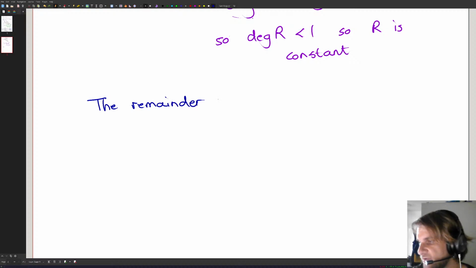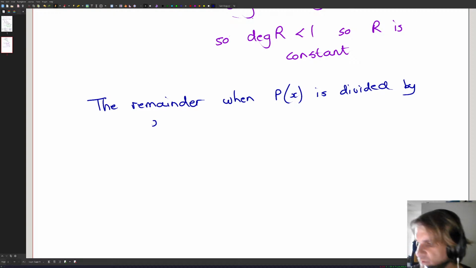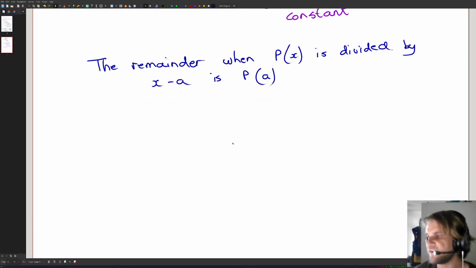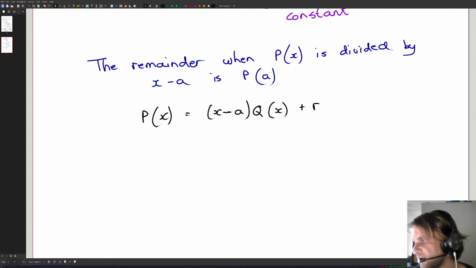The remainder when p of x is divided by x minus a is p of a. And the reason for that is, again, by polynomial long division, we can write p of x is equal to x minus a times some quotient plus a remainder, and because the remainder has to have a smaller degree than 1, we're guaranteed that the remainder is a constant. And so plug in a,